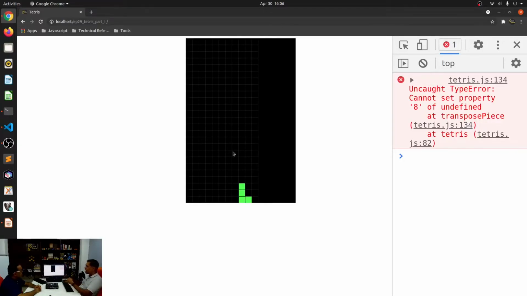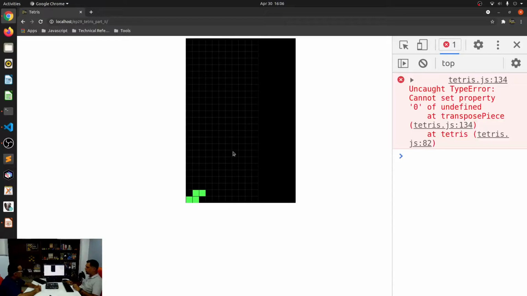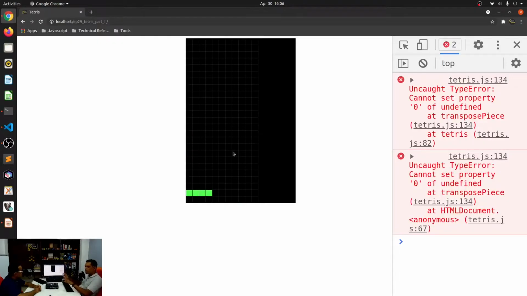We also haven't handled how we settle a piece. What do I mean by settle? It means when it reaches the bottom or when it reaches another piece that is already there at the bottom. Rotation we have handled, but there are some obvious issues. This piece doesn't show a rotation issue, but take a look at this. I'll show you what the issues are, and we need to handle that rotation. But I thought we'll start with something very simple to handle, and we'll finish that.